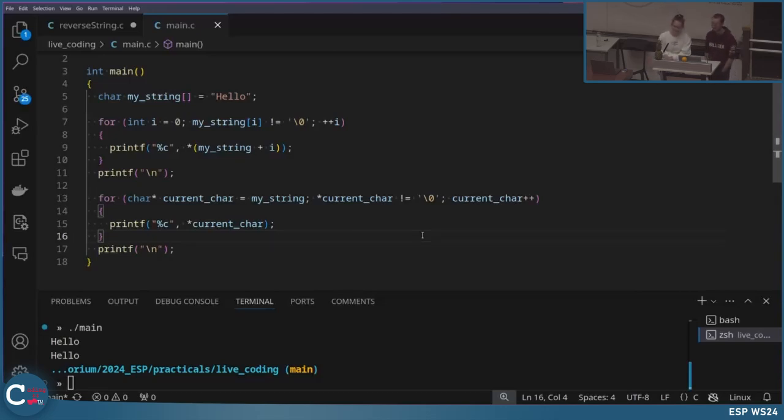Does it make any difference if you put plus plus before or plus plus after the current char? I think this was talked about in the lecture, and it's the same difference as with any other variable. In this for loop, we are not using the value this expression returns, so it does not make a difference. The difference between the prefix operator, so when we have plus plus at the beginning, versus the postfix operator, so when we have it at the end, is that